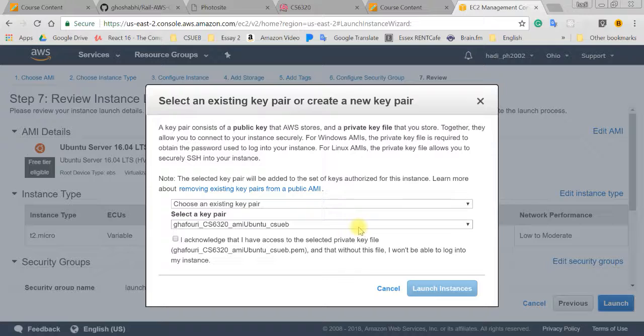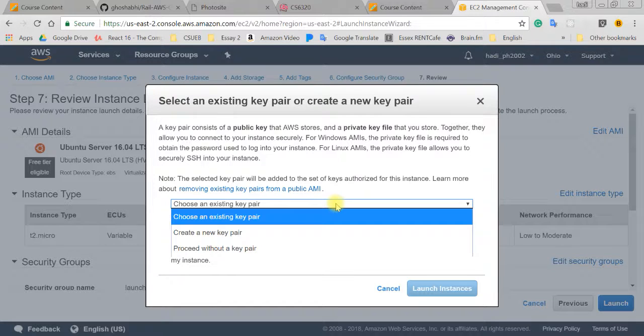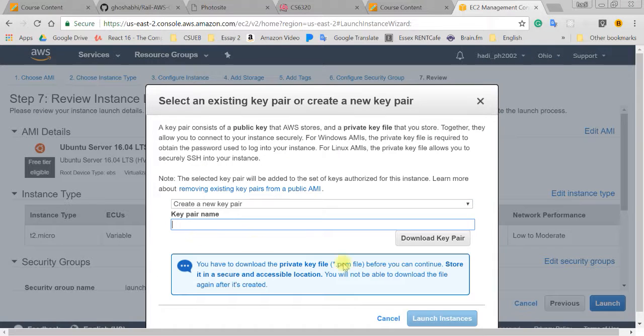In other words, whatever you want to connect to this instance needs to use this key pair as a permission. So we just need to say create a new pair, and we need to choose a name for it. The best name could be the same as your instance. You can say like my